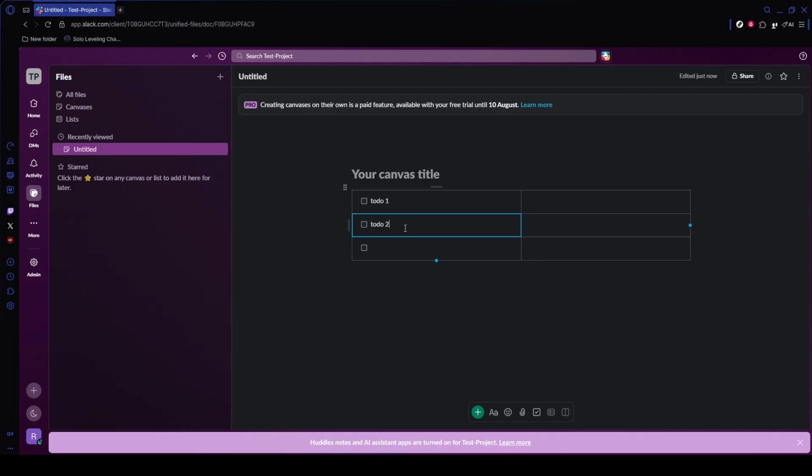Click into the canvas and type a /. This opens the component menu. From there, choose checklist. Then start typing your tasks one line at a